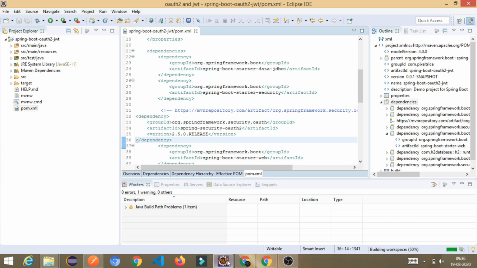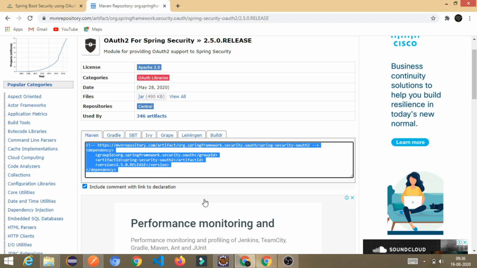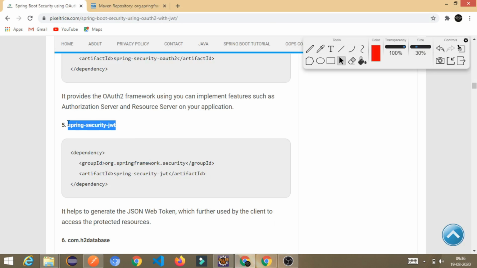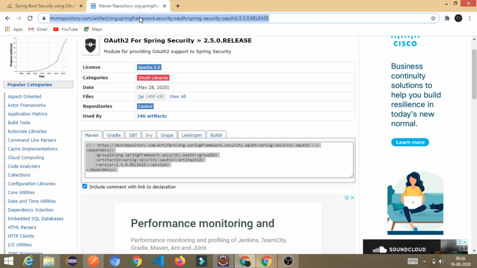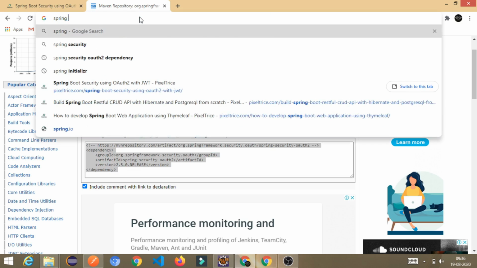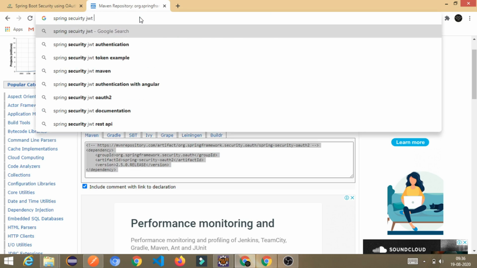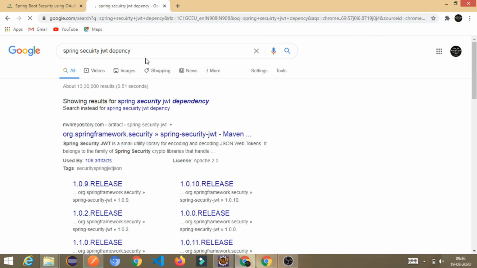Okay, we got this. One more dependency we are missing. What is it? Spring Security JWT. Just type it here, Spring Security JWT dependency. You will get this first one.